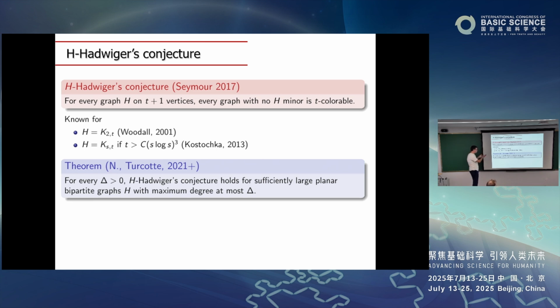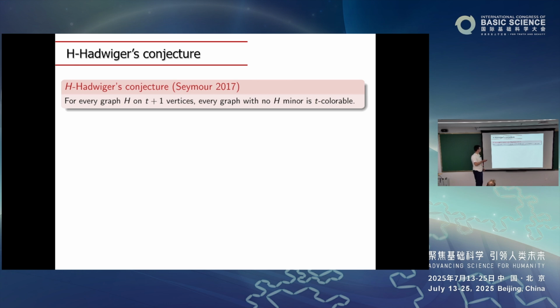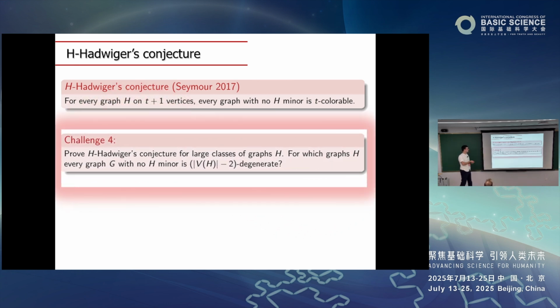And so I'm saying that none of these conjecture conditions can be omitted, but I'm a bit lying. As I said, planar can be replaced by something. Bipartite cannot be omitted, but could potentially be replaced by, say, 5-colorable. I don't know. Bounded chromatic number could be enough. And so a challenge here is to continue in this direction: prove Hadwiger's conjecture for other large classes of graphs.